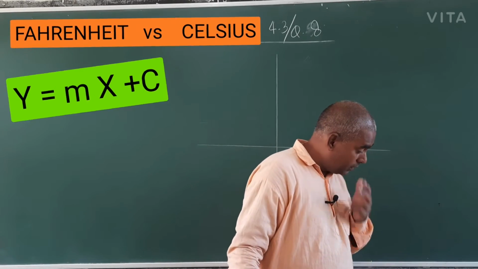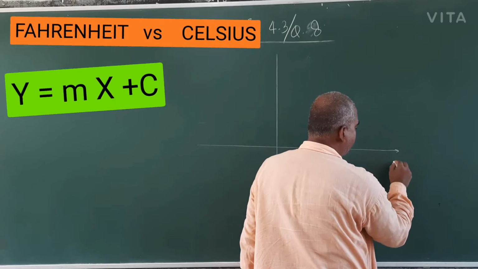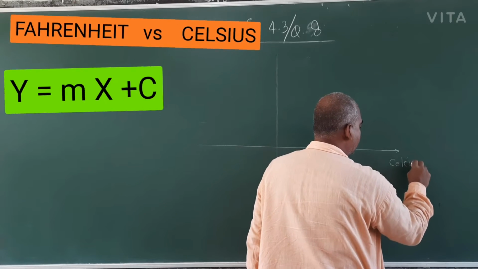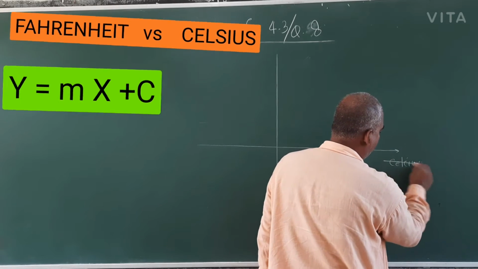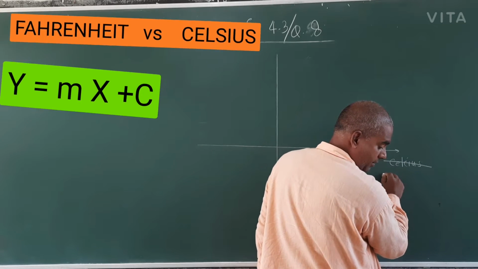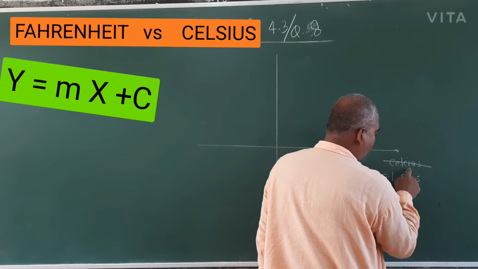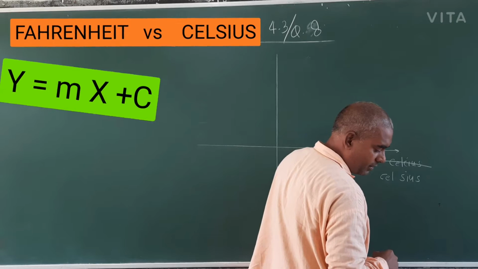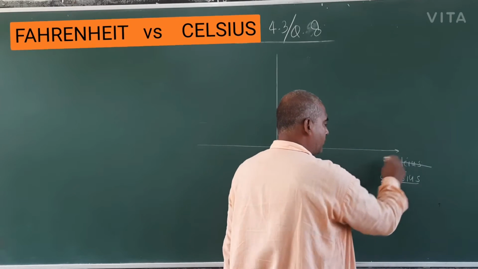So x-axis means Celsius. Spelling mistake: it is C-E-L-S-I-U-S, I have written C-I-U-S. Celsius. So this is the x-axis